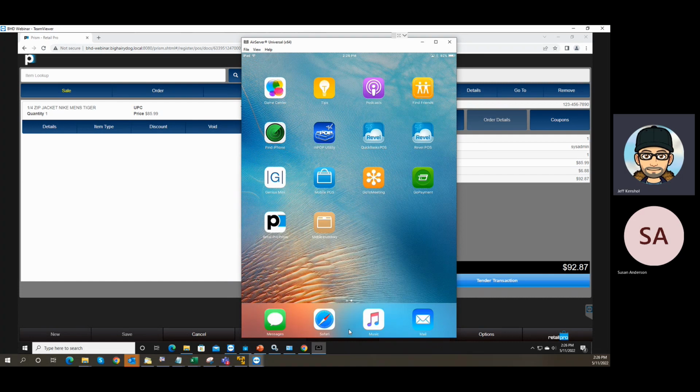Now, I will say that these two inventory apps here, these two icons for Foundry Logic, they're licensed separately. So if you were to get Foundry Logic and you wanted both, you'd be licensing both separately, right? Where Prism is just a workstation, so it's just a license to run Prism on a device, whether it be an iPad or a workstation or anything else. Anyway,